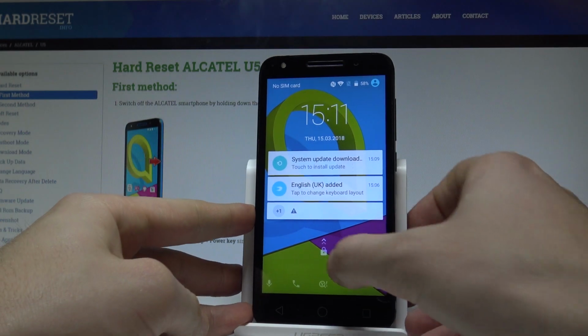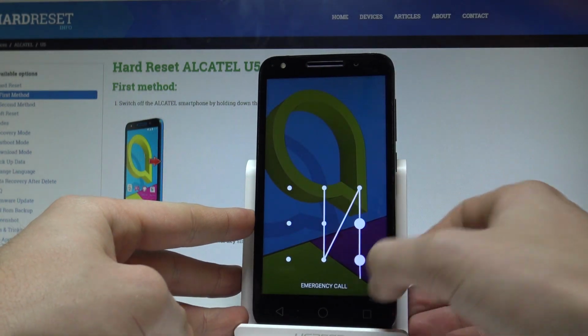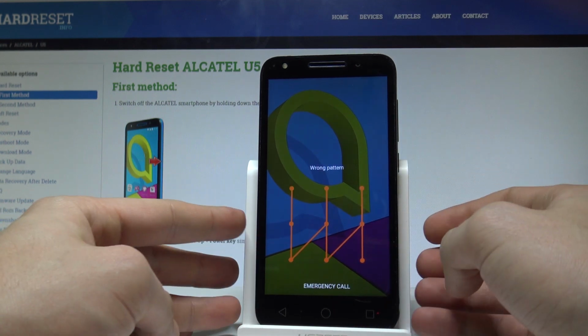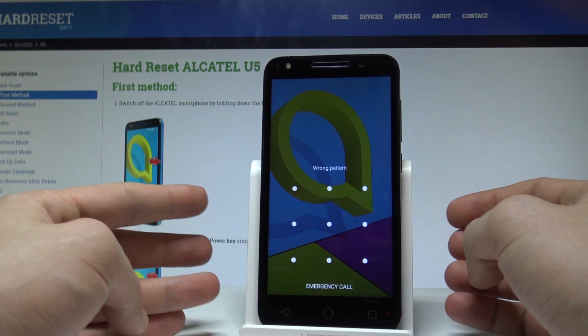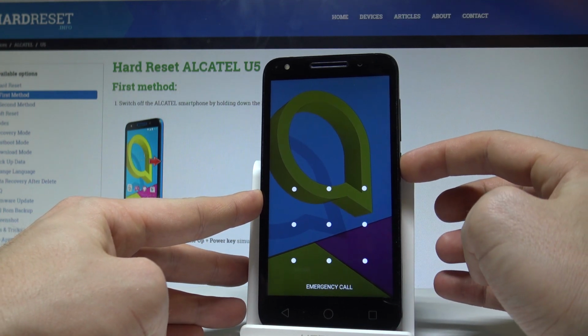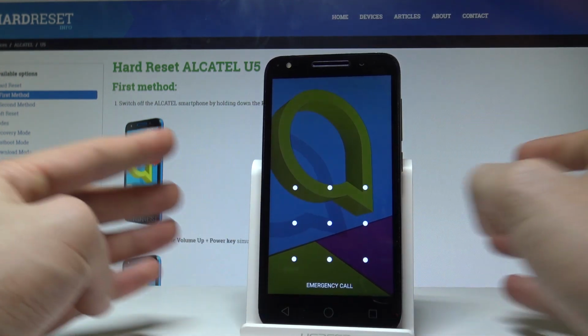Here I have ALCATEL U5 and let me show you how to accomplish the hard reset operation on that device, and also let me show you how to bypass and remove pattern, password or other screen lock method on the following smartphone. So at the very beginning, let's start by pressing the power key, choose power off and wait until